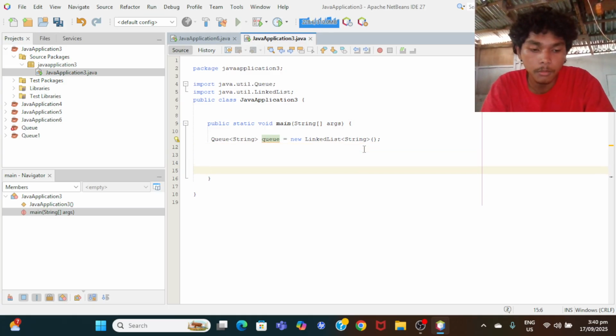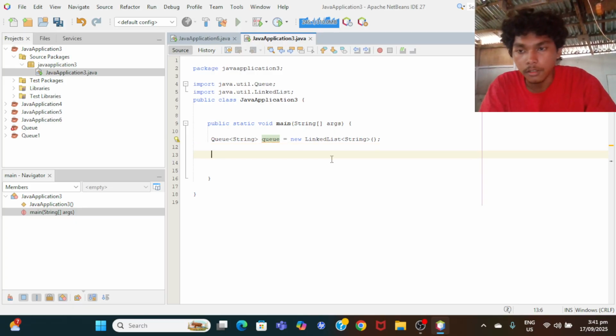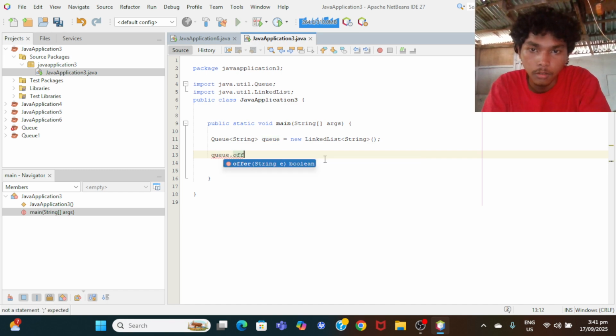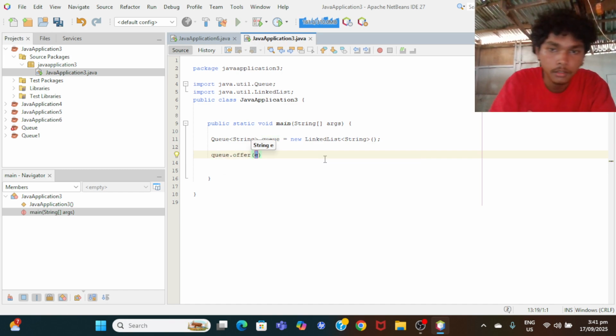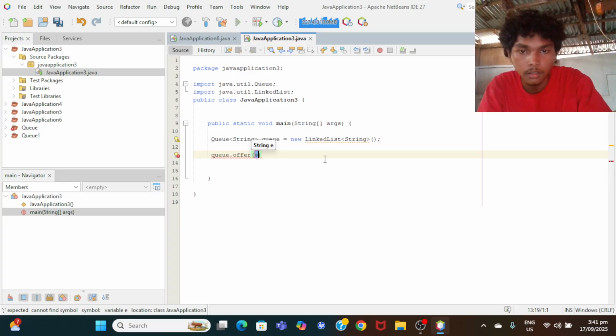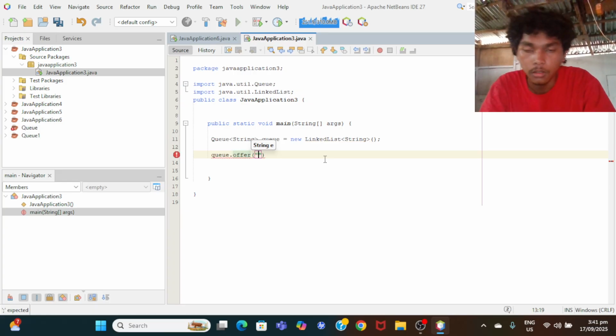After we do this, we're gonna create some elements. We're gonna add elements, so to add elements we're gonna use queue.offer. Okay, so we're gonna put our elements.